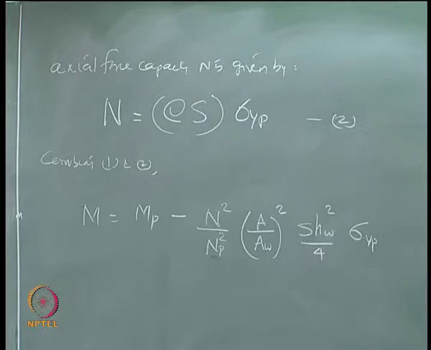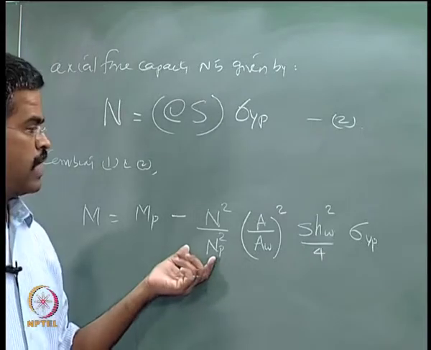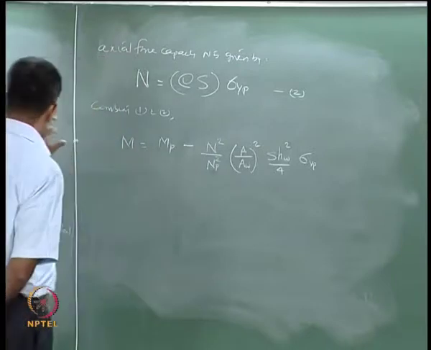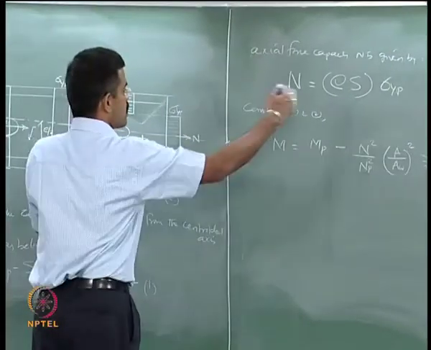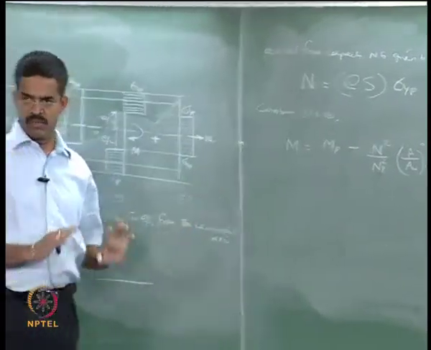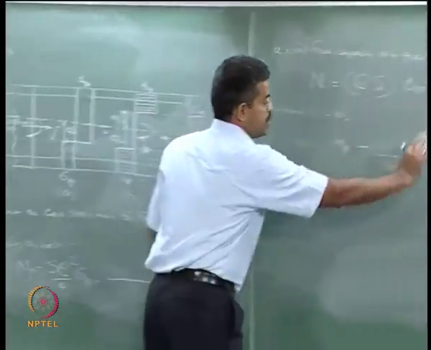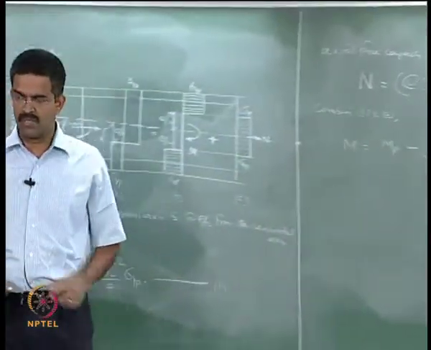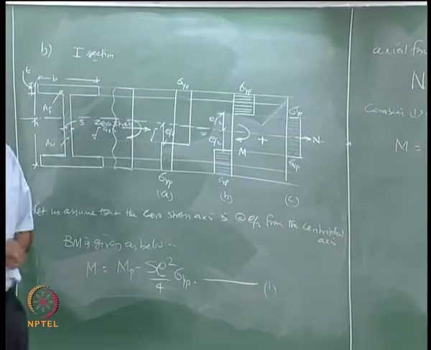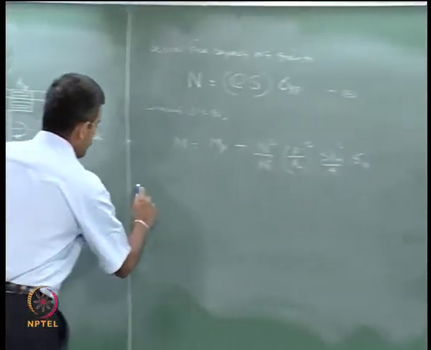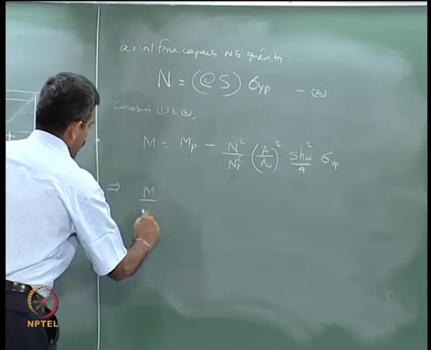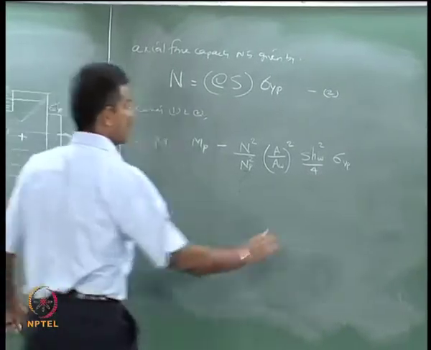You can substitute back for NP separately and you will see automatically you will land up in 1 and 2 combining, you will get the same equation of 1 and 2 here, okay. This is how it is being expressed in the literature, so I am giving exactly the same equation here. So simplifying further, we can say M by MP, I can call this equation number 3,